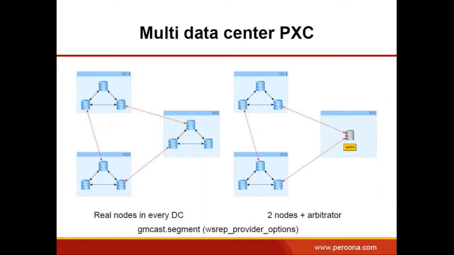Percona XtraDB Cluster also has multi-data center capabilities. Multi-data center capabilities are much better in XtraDB Cluster 5.6. So I have two architecture diagrams here. On the left-hand side, what you see is 9 nodes in 3 data centers. The magic number in XtraDB Cluster is always odd, because if you have 2 machines and you want high availability with automatic failover, you can have the split brain scenario, which means that if you cut the network link in between them, node 1 will think it's alone, node 2 will think it's alone, and they both start to provide